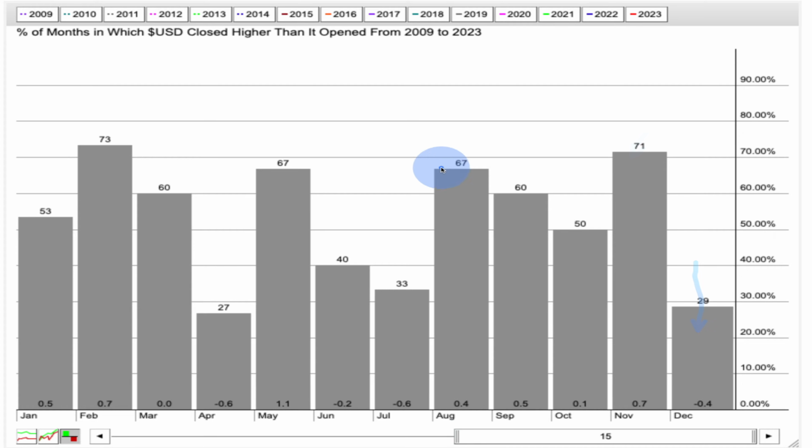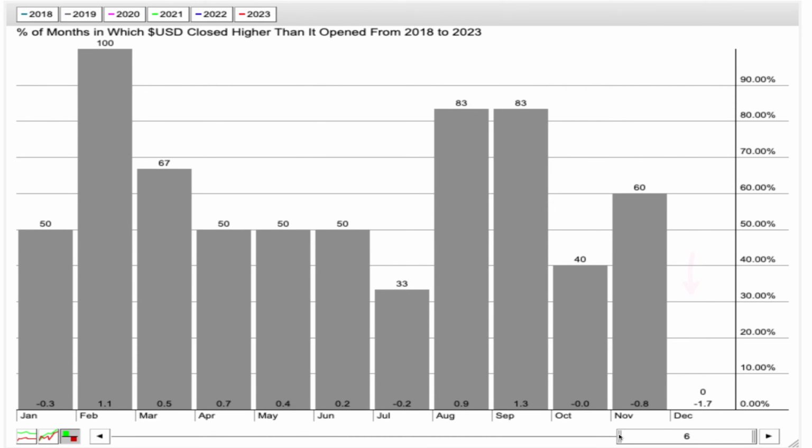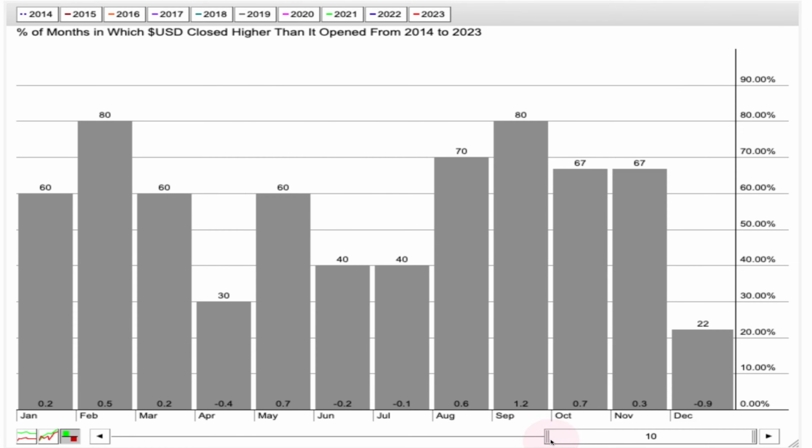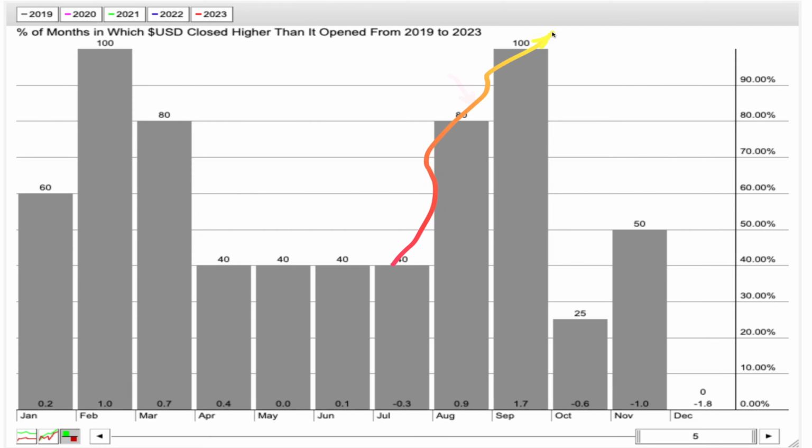If we do a 15-year, you can see that August is stronger than September. October is kind of flat, and November is strongest, and then December gets weak. Using a 20-year, August and September are kind of the same, October is close to flat, November gets a nice little bump, and December is weak. So we go back to the 5-year. You can notice that even with the 10-year, September is strong, and on the 5-year, September is the strongest.